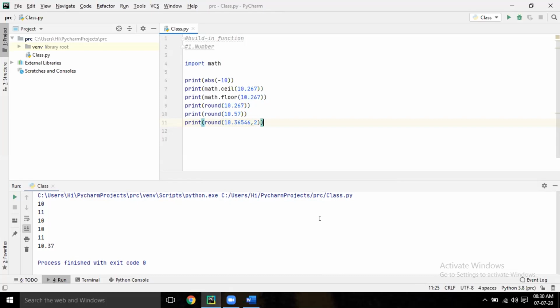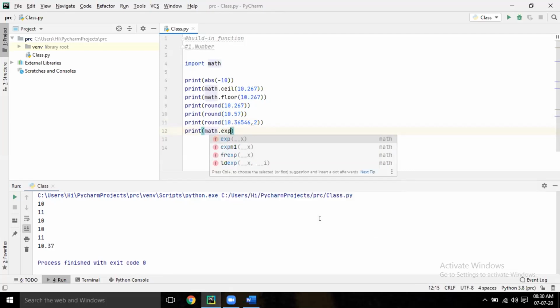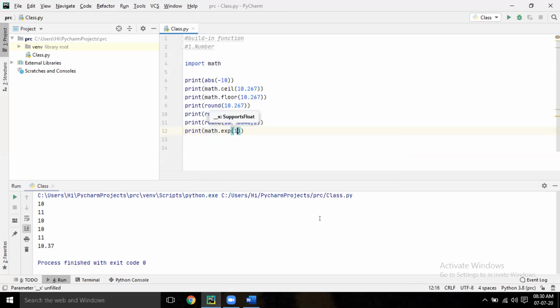Next is print math dot exp within brackets 10. In the math module there are many functions. I'm not going through all the sine theta, cos theta and so on, only the ones we mostly require.